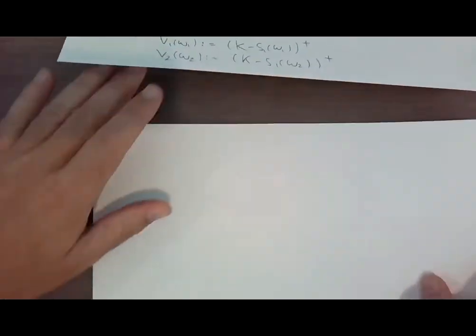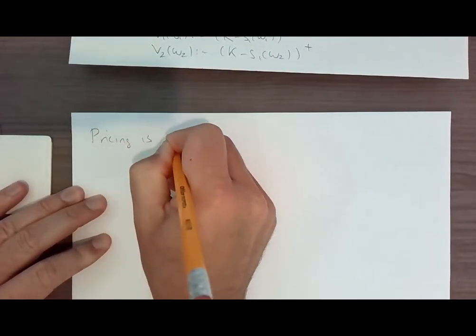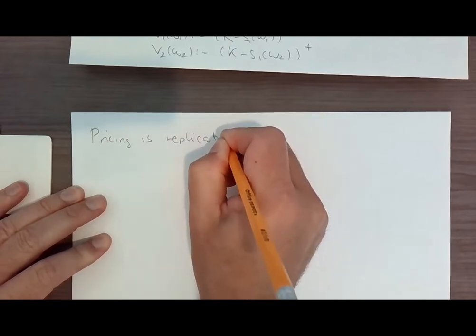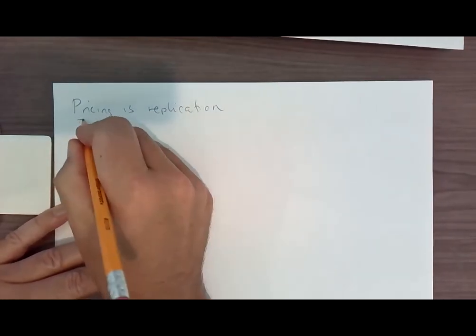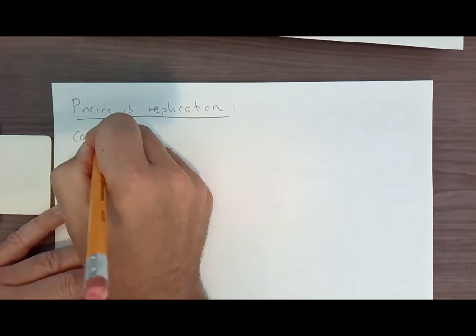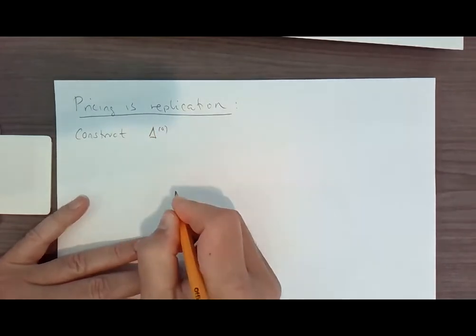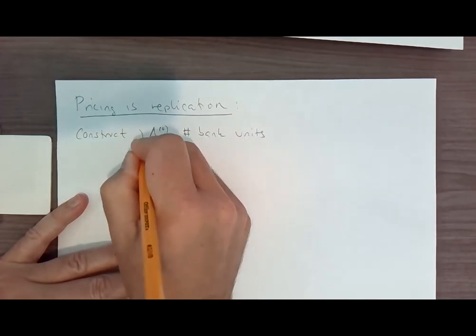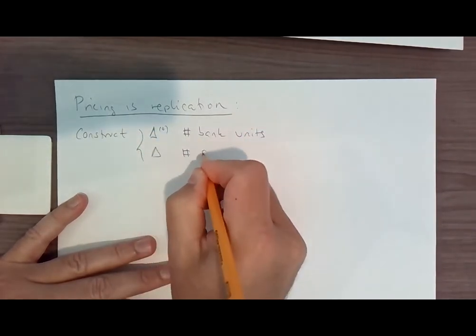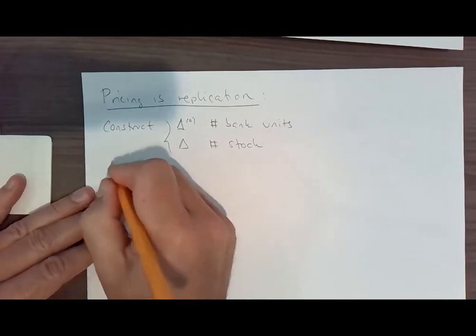The way that we set it up is through this mantra that says pricing is replication. Pricing is replication. And what does that mean in practice? So construct the number of bank units, and the other thing you need to construct is the number of stocks. We construct these 2 such that